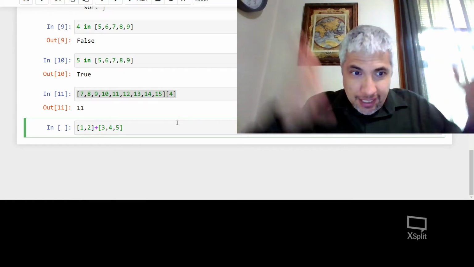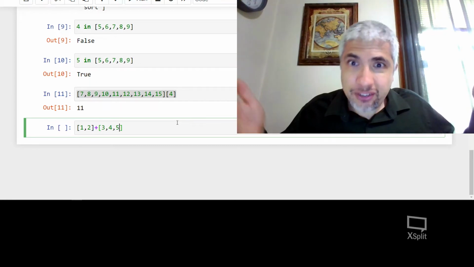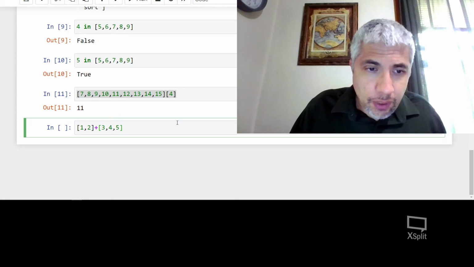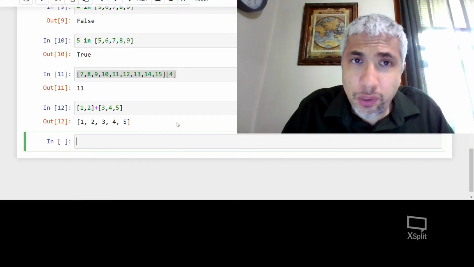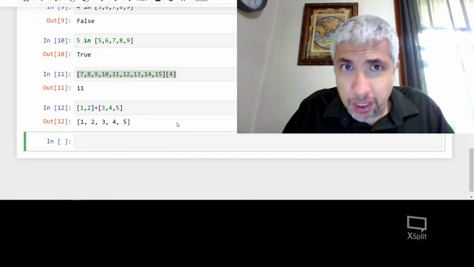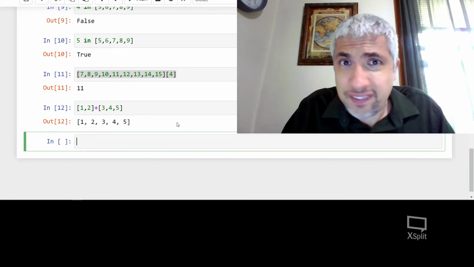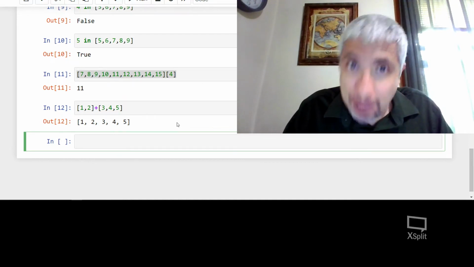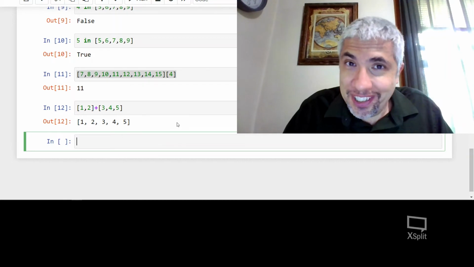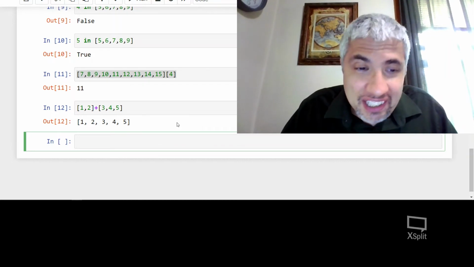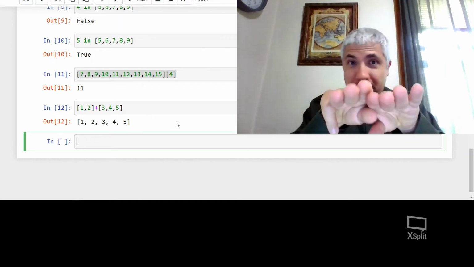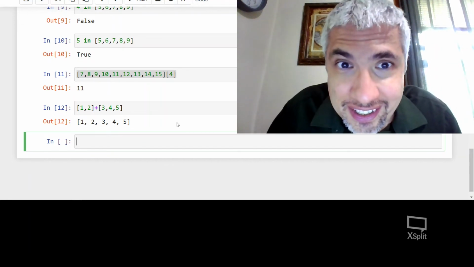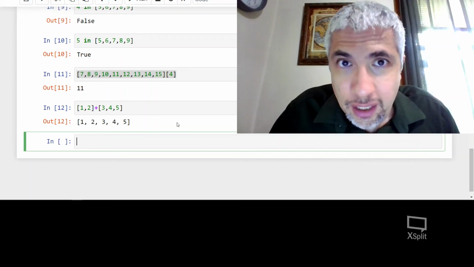I mean, they're not even in the same number of dimensions if we think about it like that. So what could Python do here? Well, let's see. One thing about Python that you don't have to worry about is it blowing up your computer just because you decided to see what adding 2 lists will do, right? You can try things, you can experiment, you can get your hands dirty and try things in Python. And I see here what add does now. What it does is it just concatenates the 2 lists together into one longer list. So now I know what add does for lists, but don't be afraid to experiment